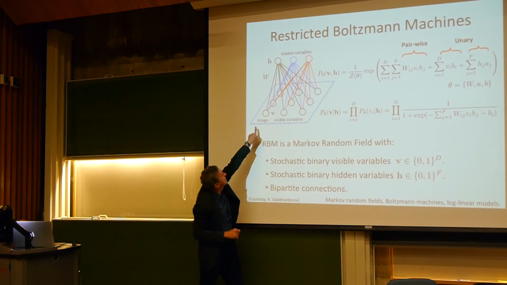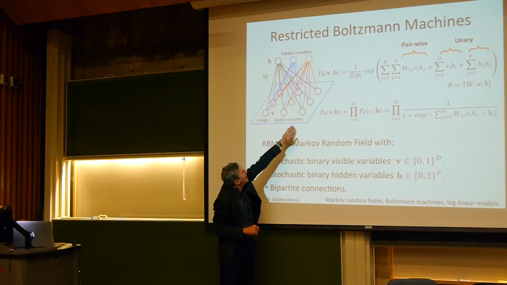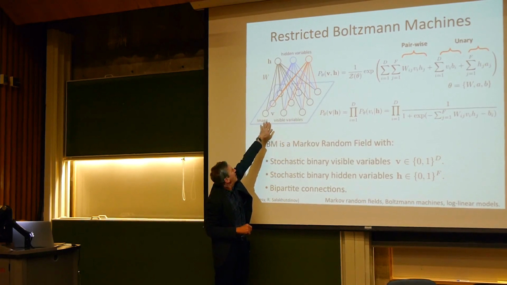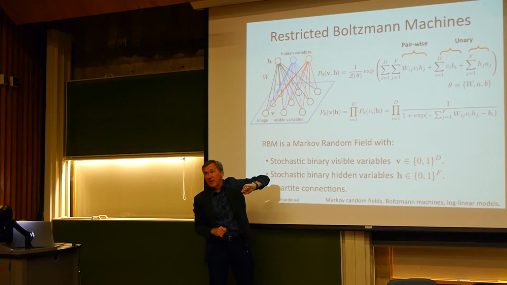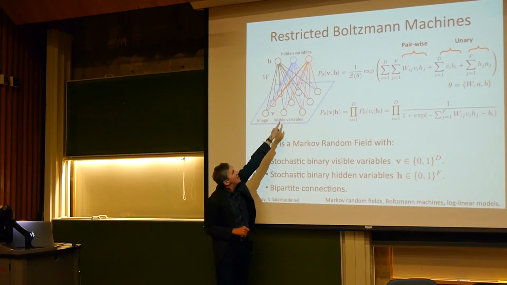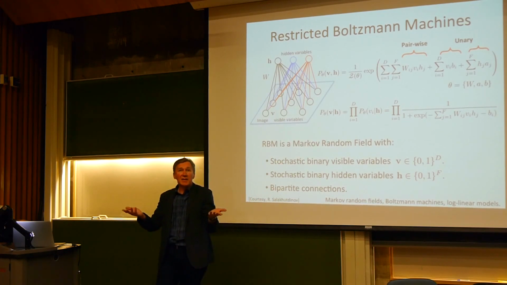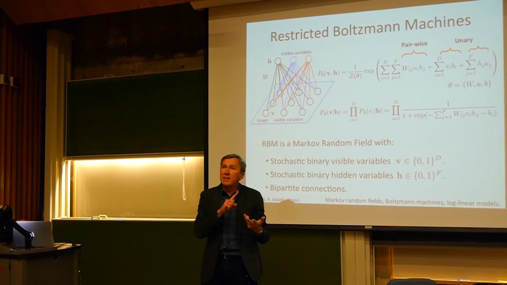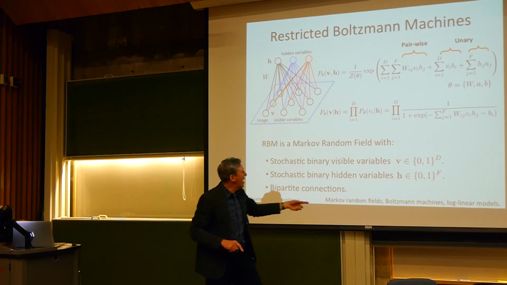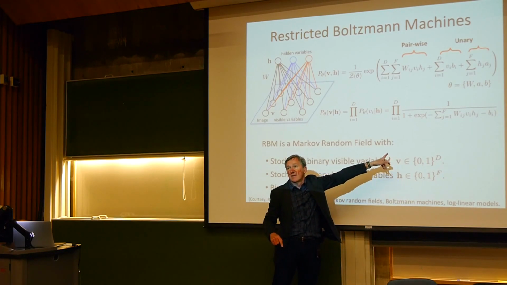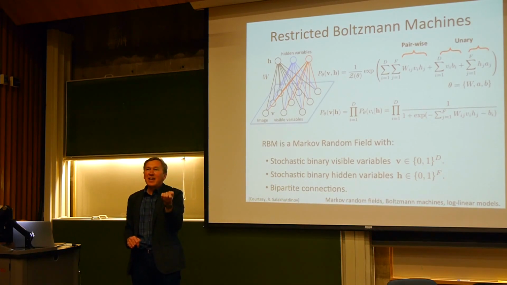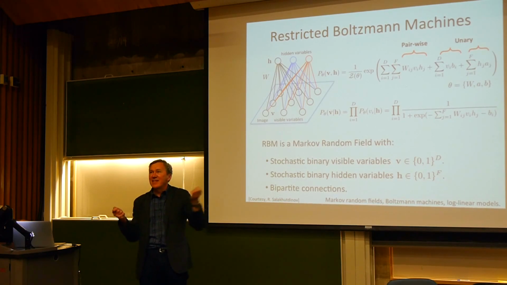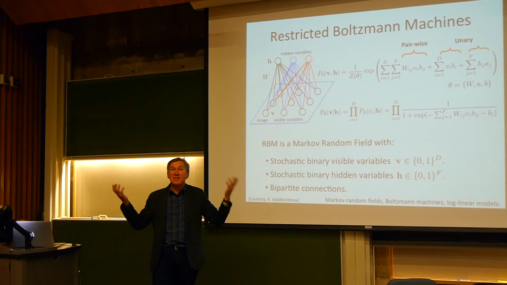And you can think of them this way. I have an input set of nodes, let's call them the vector V. I have a hidden set of nodes, let's call them the vector H. And each of these nodes in the theoretical graphical model represents a Boolean random variable. It can have a value of 0 or 1. And the continuous activation of that node represents the probability that that random variable has the value 1.